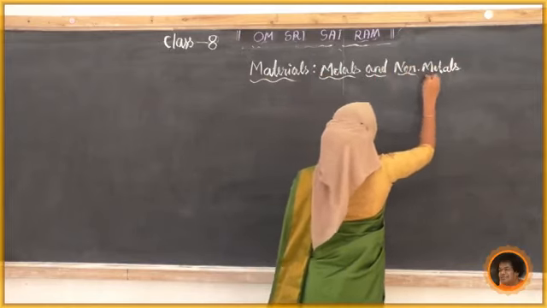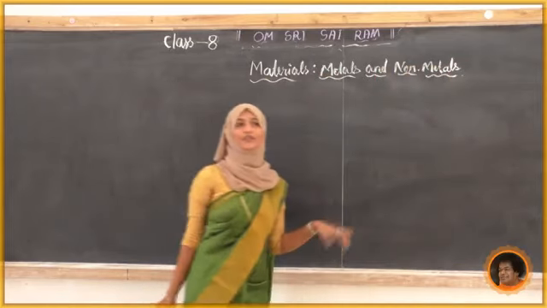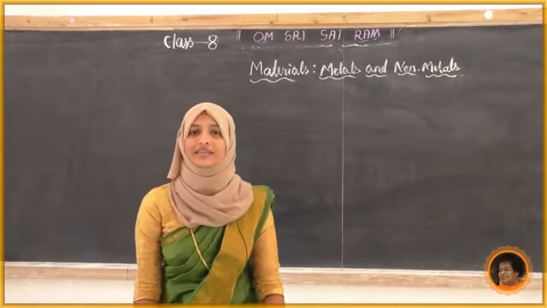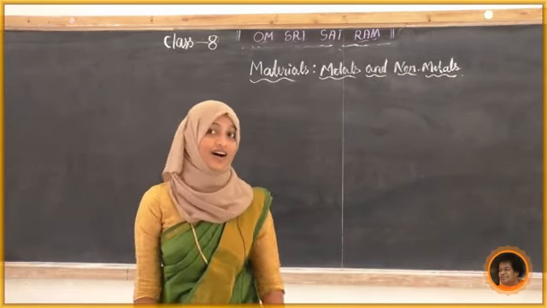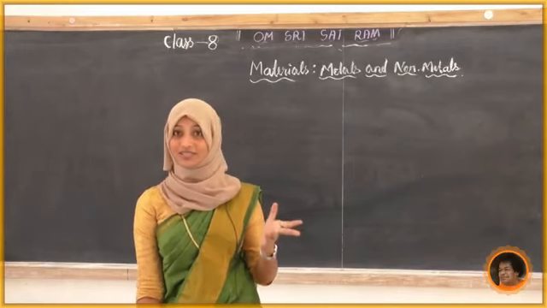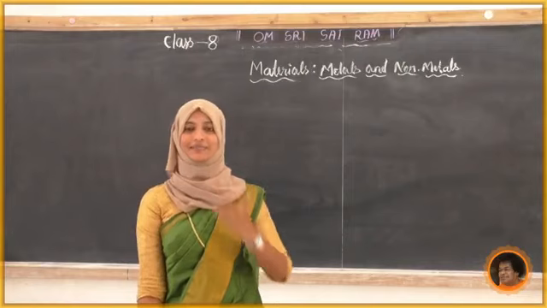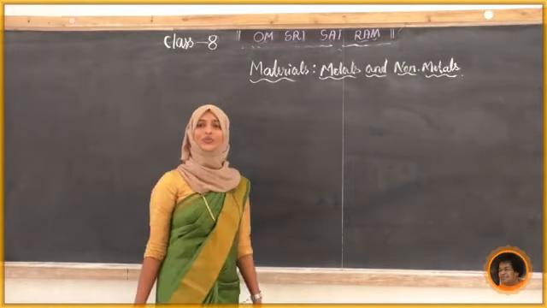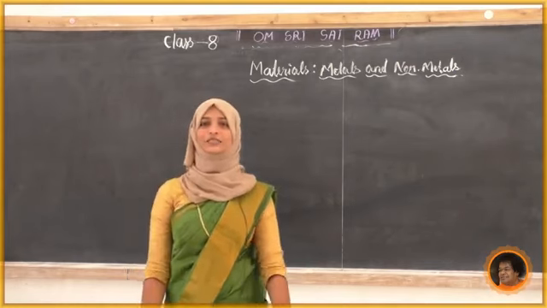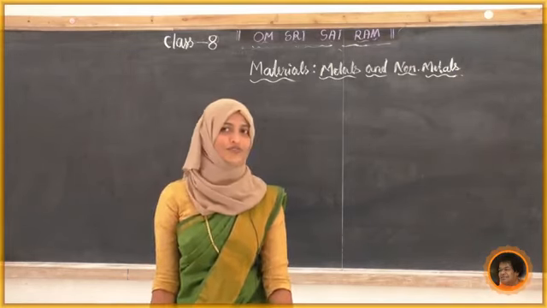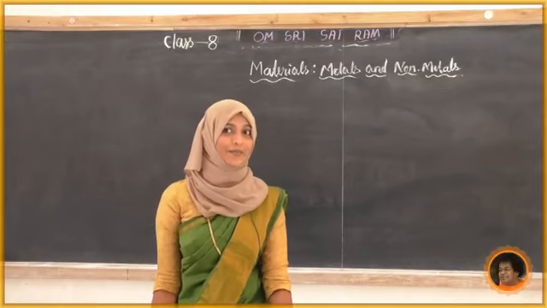Okay students, now tell me examples for metals. Can you give examples for metals? Yes, iron, aluminium, gold. What about silver? Yes, silver. Many examples we can see for these metals. Can you find examples for non-metals? First you have to find out the examples.